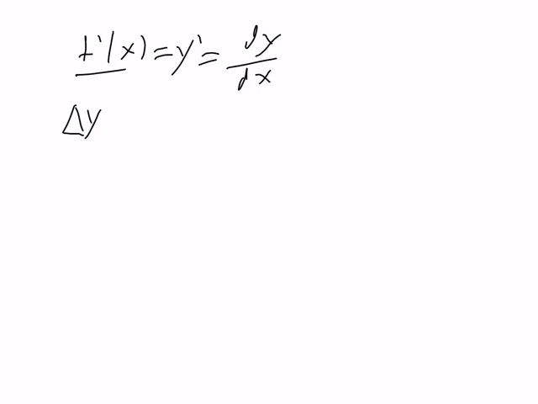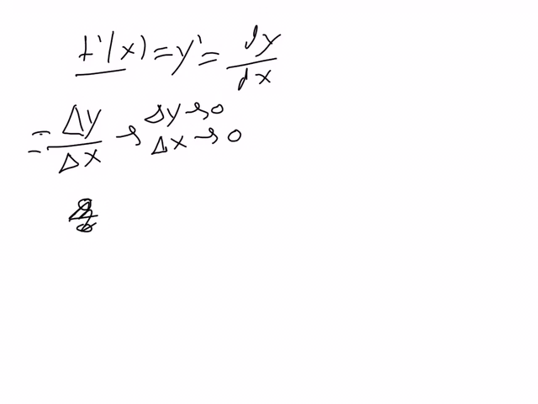So we know that the derivative f prime of x, we have talked about the definition for it. People also write it as y prime, or my favorite, dy over dx, the change in y over dx. And this comes because the derivative by its nature is asking for the change in y over the change in x. And then we take the change in y going to 0 and the change in x going to 0, and we're asking, what does this equal? We basically have like 0 over 0, but because we're taking the limit, we can do it, and we get some number. So dy over dx symbolizes an infinitely small y in terms of an infinitely small x,